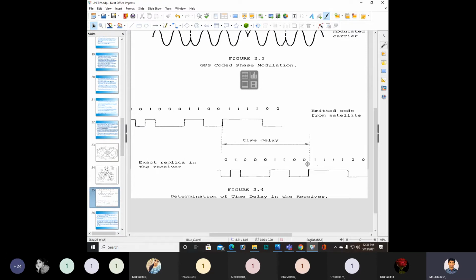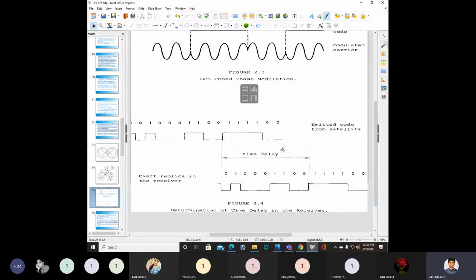How much time is required for transmitting the signal from satellite to receiver? This is the determination of time delay in the receiver.